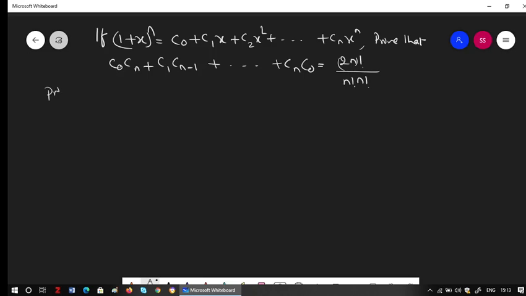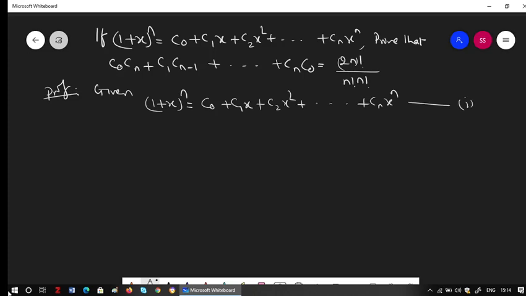Now proving part. Let's see how to prove this. First of all, we have given (1 + x)^n = c0 + c1x + c2x² + ... + cnxⁿ. This is supposed to be equation I. Again, writing the series in reverse order,